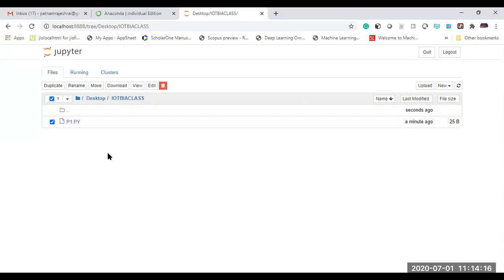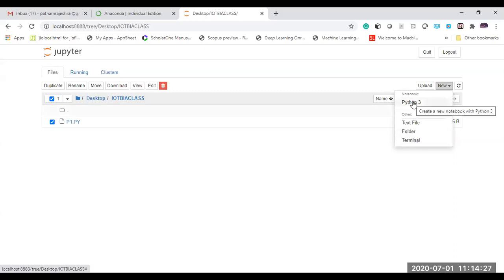Now when you come to New, here you have other options: one is Python 3 and the other is Terminal. When I select Python 3, it is going to open a Python 3 setup which runs within a Jupyter notebook.